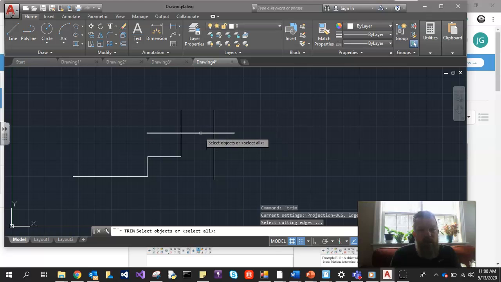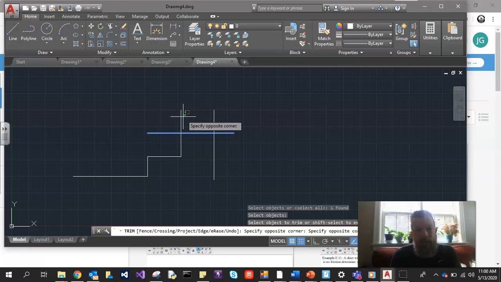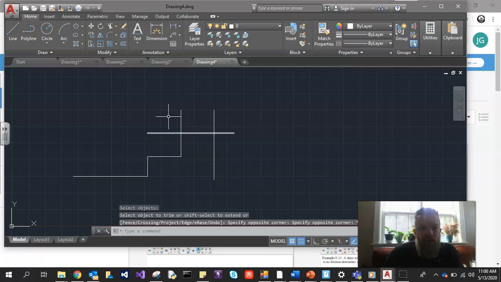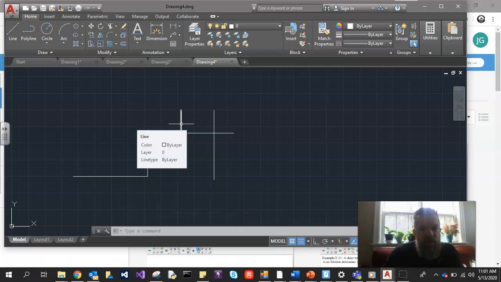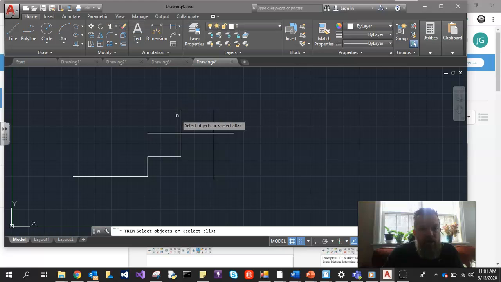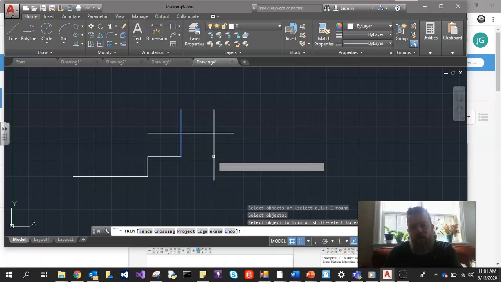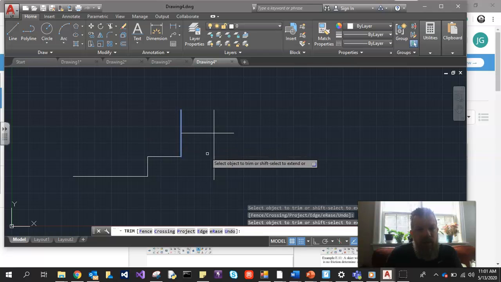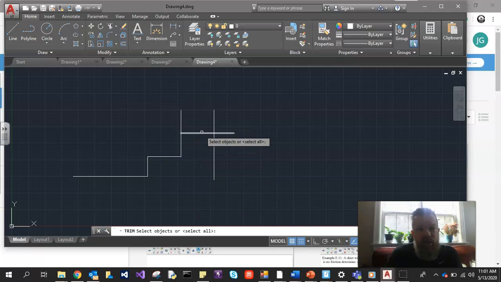And I want to cut along this piece, so I'm going to cut off, so you can see where, as I'm going along, you have to pick what line you want to keep. So if I want to keep this part of the line but not this side over here, then I've got to pick this line as my line to trim at. So I'm going to pick that one, hit enter to select it, cut it off, right? Escape out of that. And I want to trim this piece off here, so I'm going to select this line because that's what I want to trim off of, hit enter,